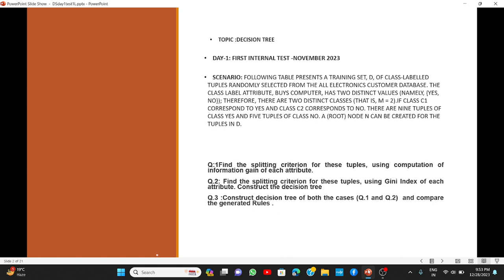A root node N can be created for the tuples in D. First, we have to find the splitting criterion of these tuples using computation of information gain of each attribute. Second, we have to find the splitting criterion of these tuples using the Gini index of each attribute. And third, construct the decision tree of both the cases, question 1 and question 2, and compare